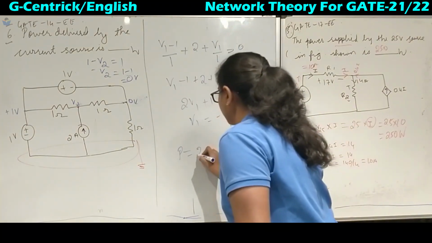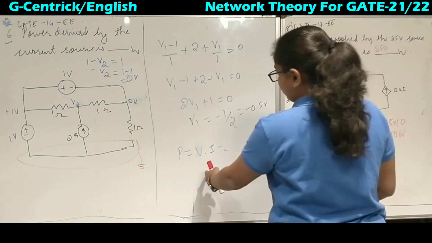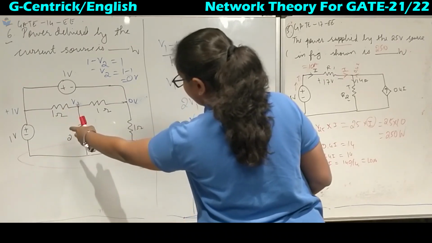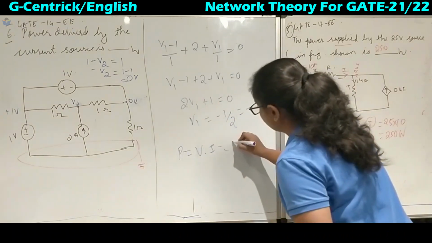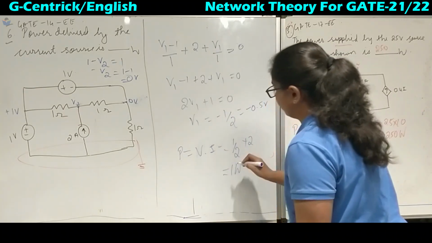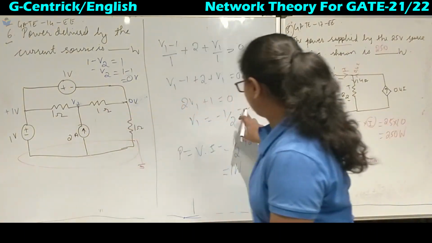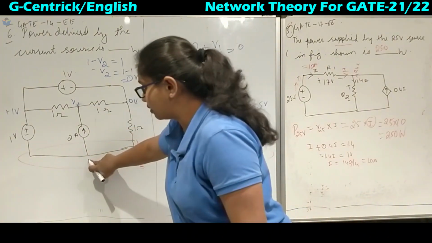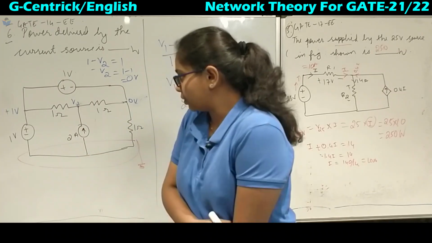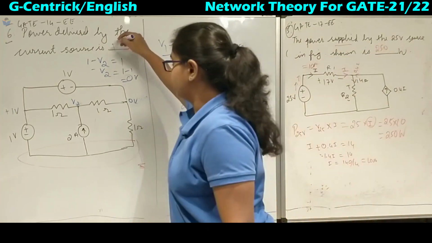So power is equal to V into I. So this node voltage, it is nothing but V1 upon 1, this is 1 upon 1 is 2, so 1 by 2 into current 2, so this is 1 watt, okay. So this is the voltage across the V1, that is 0.5, then we have got V1 with the reference node, then 2 amperes current once the voltage is known and the 2 ampere current is flowing in that branch. So easily we can find P is equal to V into I, the answer will be 1 watt, okay.